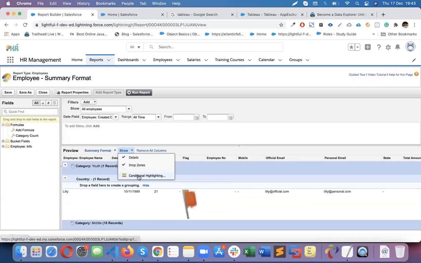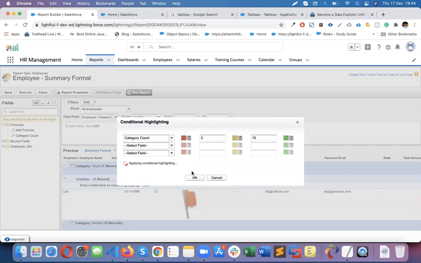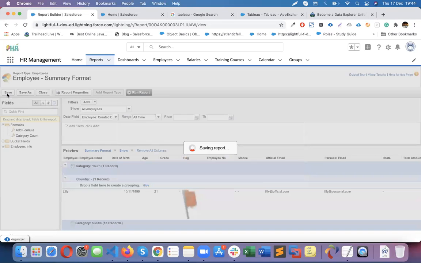Now, additionally, you have a conditional highlights. So the conditional highlights will help you to highlight the numbers. So if you have number fields, definitely you can highlight it. So let's say we have a number field on the category count. Yeah, you can highlight that field. So let's say, for example, if the count is less than 3, red color, between 3 to 10, yellow color, above 10, green color. So save it. Now if I run the report,